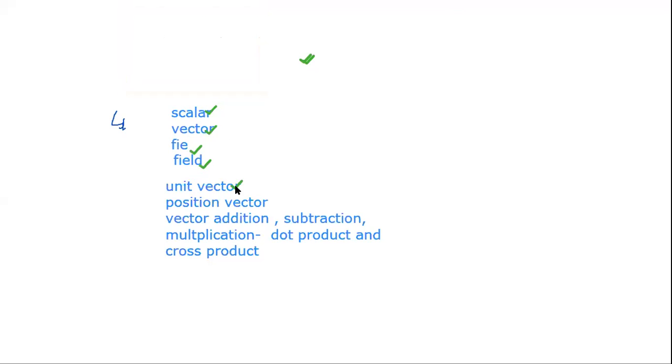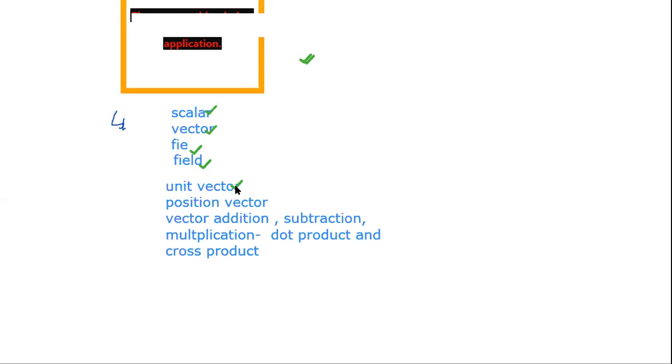And next, what is meant by unit vector? In a three-dimensional space, a vector point can be located by the intersection of three surfaces like x, y, z coordinates. Generally, the well-known Cartesian or rectangular coordinate system is used to represent that three-dimensional space, as x, y, z. They are mutually perpendicular to each other. At the same time, the unit vector has a magnitude of one only. That's why it is called a unit vector.